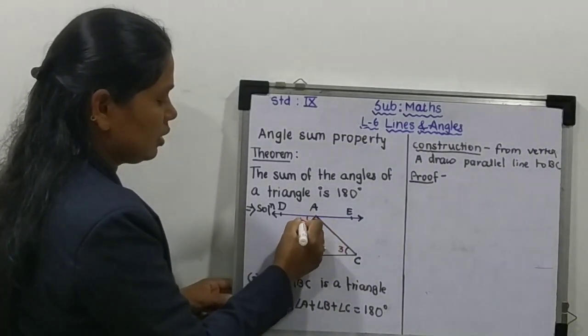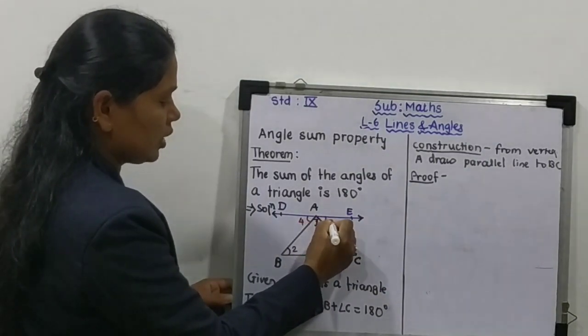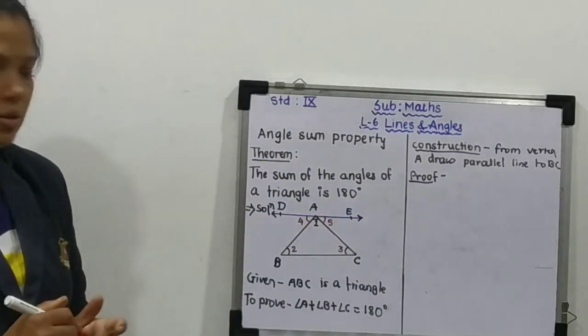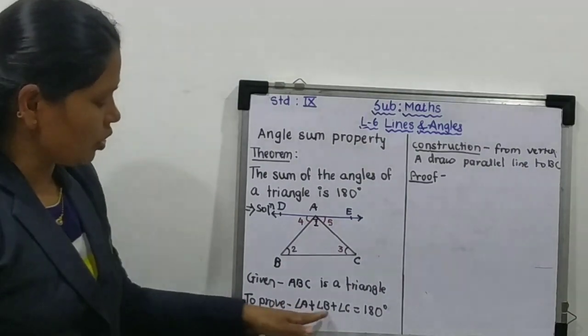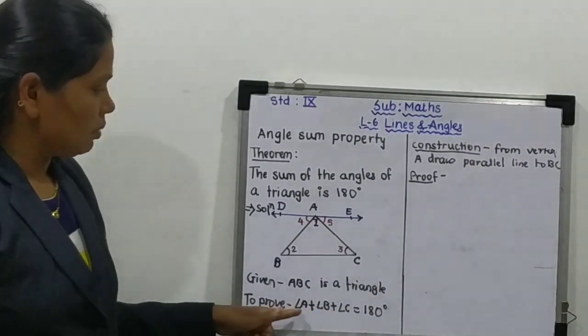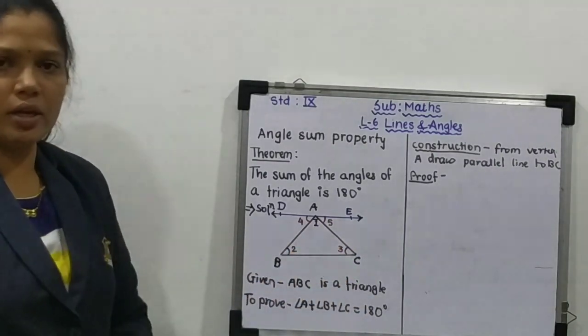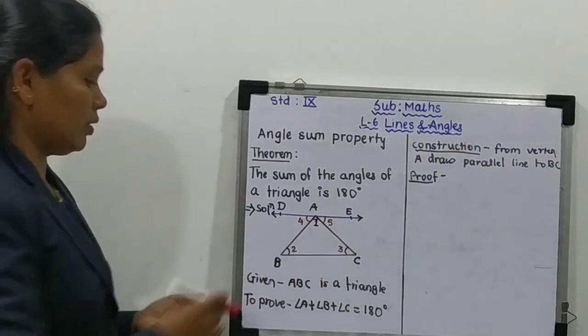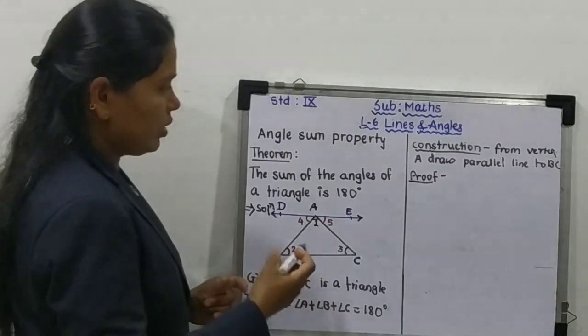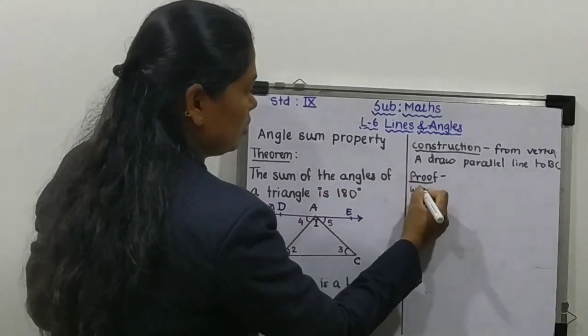Here you can name angle 4 and this is angle 5. Understood? So instead of this ABC, you can mention over there angle 1 plus angle 2 plus angle 3 equals to 180 degree. In any way. Now what will we write, when